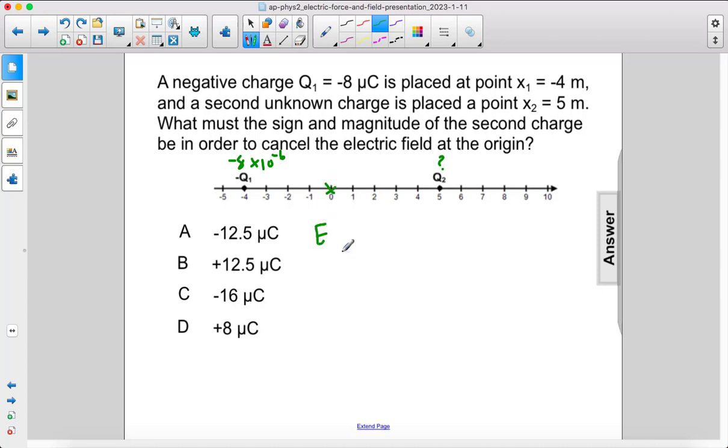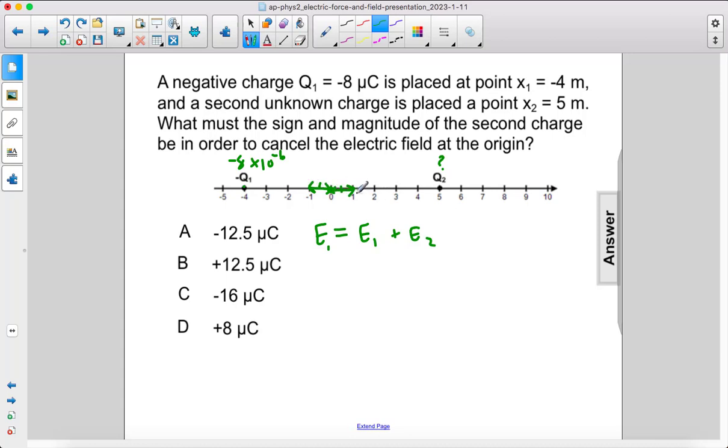So the net electric field at the origin is going to be equal to the electric field due to 1 plus the electric field due to 2. Now the electric field at this point due to this charge is going to point that way, because a small positive test charge placed at the origin would be attracted to this negative charge here, so it would go to the left. That means that the electric field due to Q2 has to point to the right so that these